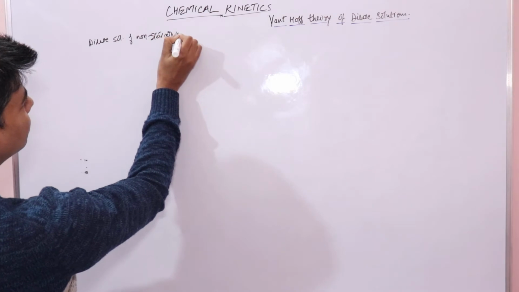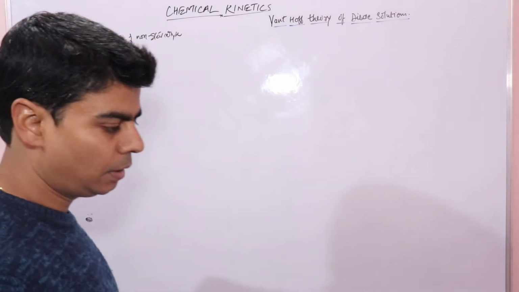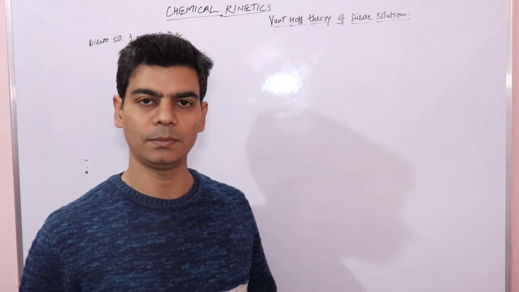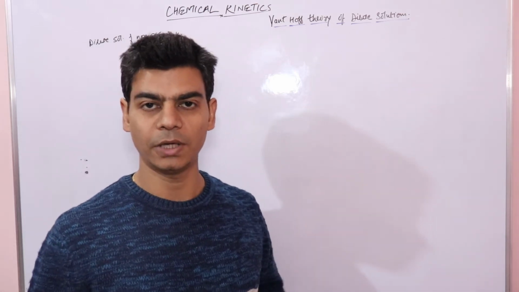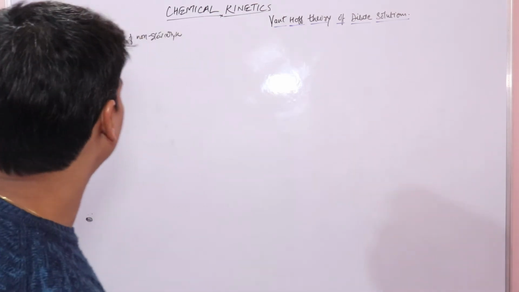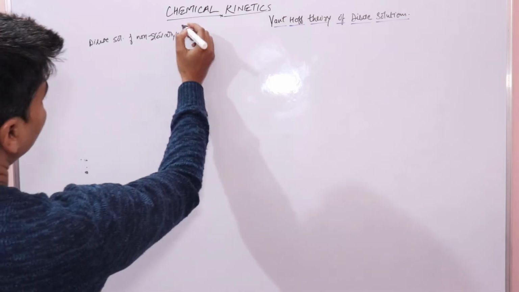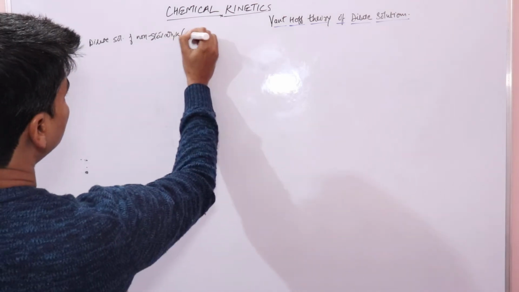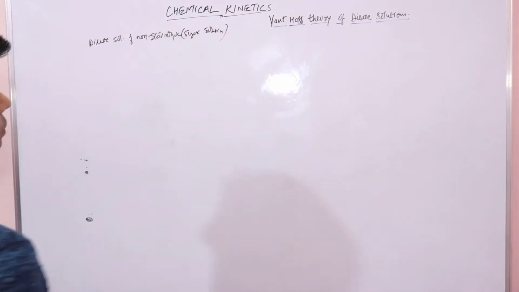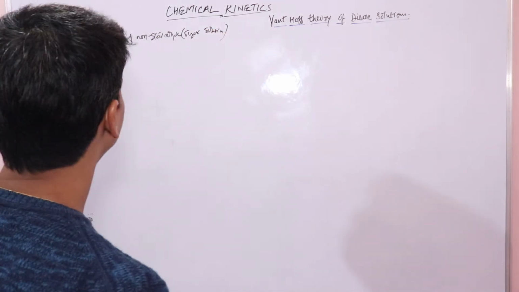Dilute solutions of non-electrolytes is important to mention, because if I mention an electrolyte, for example sodium chloride, that dissociates into ions, then we have Van't Hoff factor into the picture, which we will be doing in a future lecture. Dilute solutions of non-electrolytes is like sugar solution, because sugar doesn't dissociate into ions in solution, right?